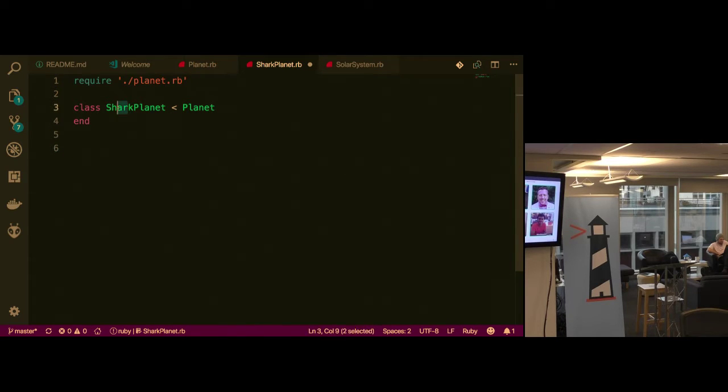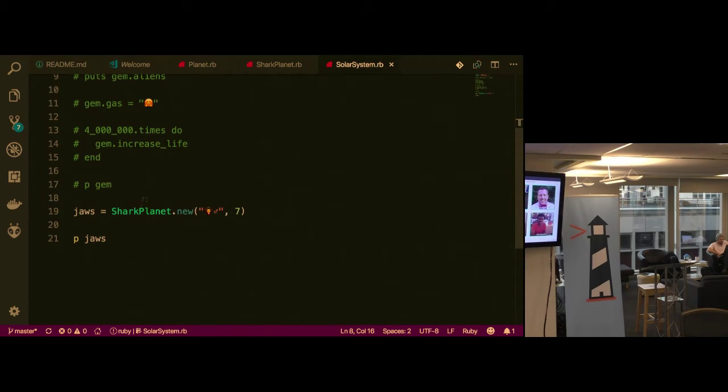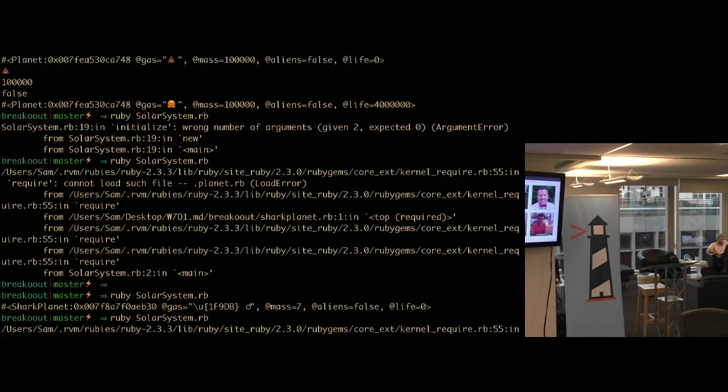I'm so sorry, but we're going to try this, and if it works, we're going to have to do it. Because it's UTF-8 encoding, I could actually call my class Shark Planet. Damn it.